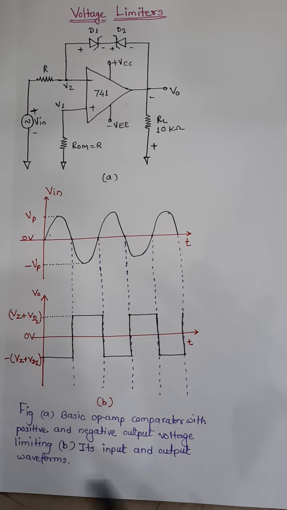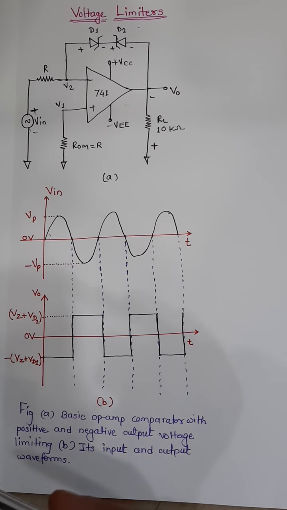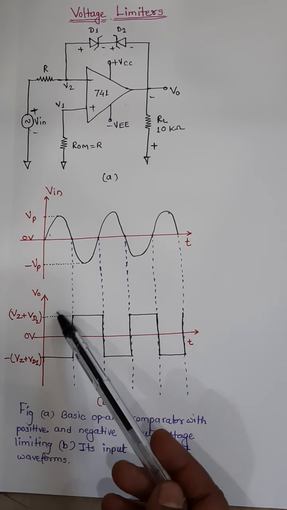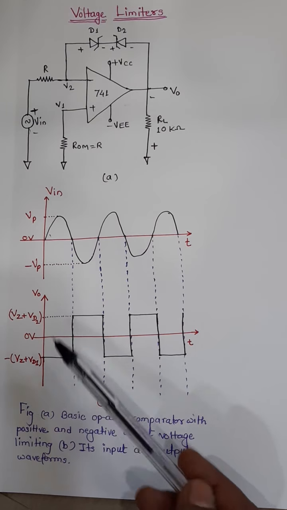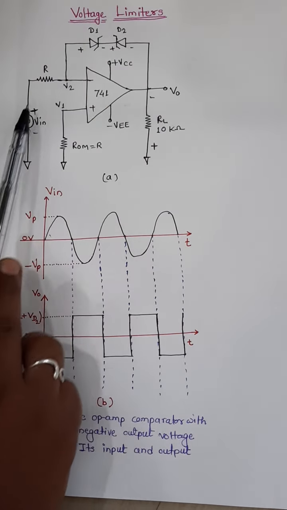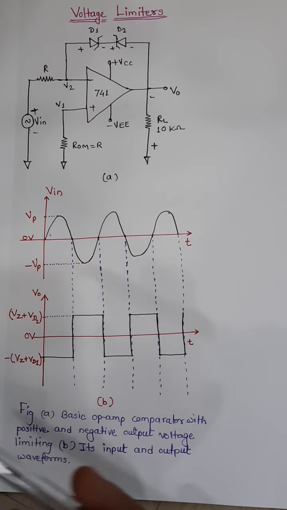So with the properties of this Zener diode and diode, we are controlling the output voltage of the op-amp to a desired value. Let's see first that we have made the arrangement of two diodes, both Zener diodes, connected here in the feedback, so that we are controlling the output voltage in the positive direction as well as in the negative direction, because one of the diodes will be forward biased for either the positive half cycle or the negative half cycle. We'll see with the working how this will work.